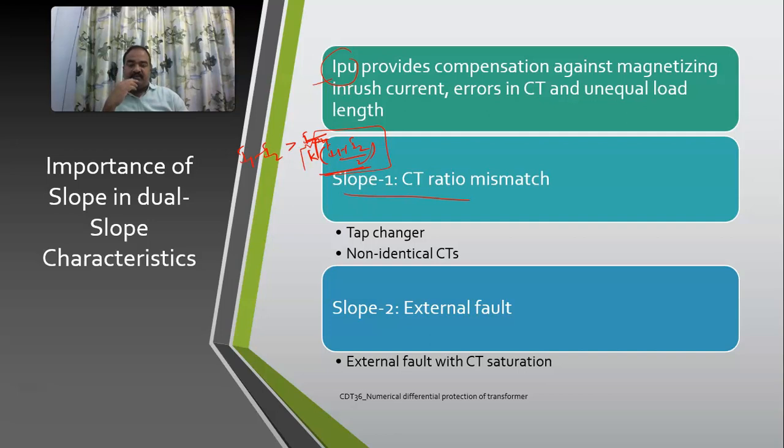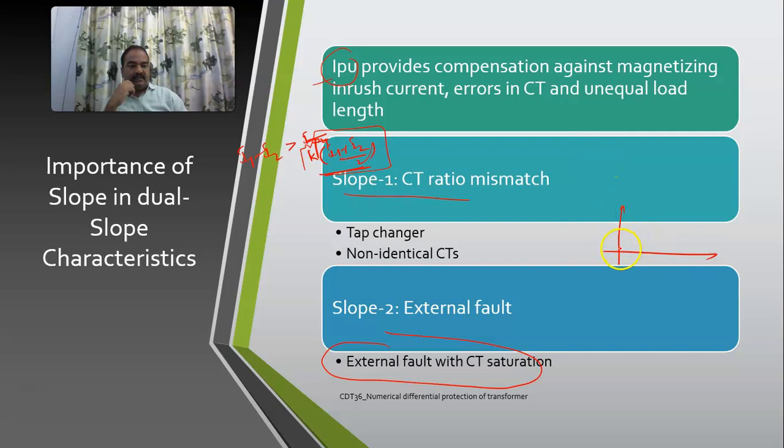So to avoid that, normally we will be placing a high impedance or high resistance in series with your overcurrent relay or your detection relay. So for that, I am including an additional slope. We call it the second slope, and this helps us to avoid the errors due to external fault with CT saturation. So that's why your characteristics have become